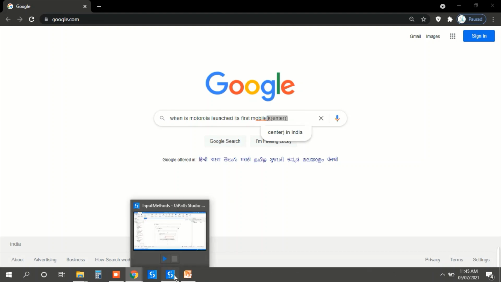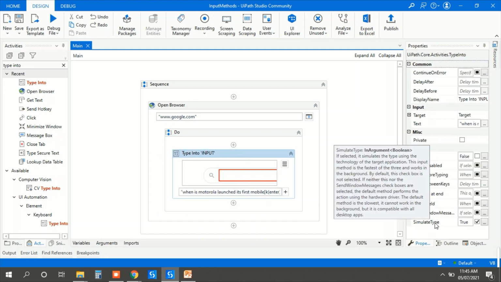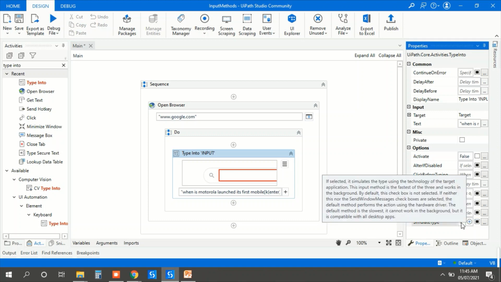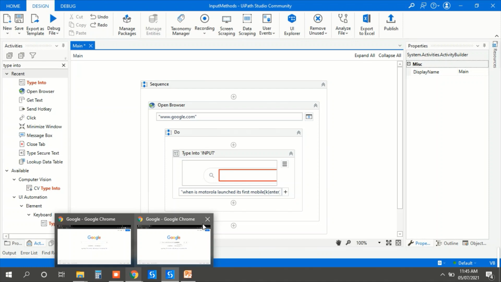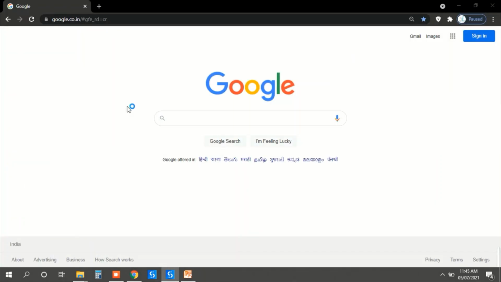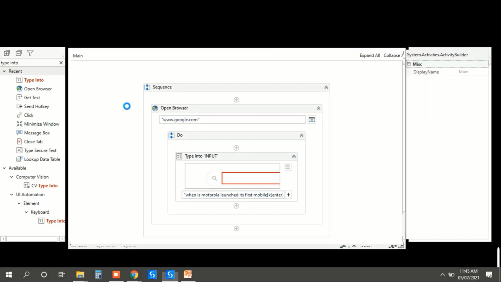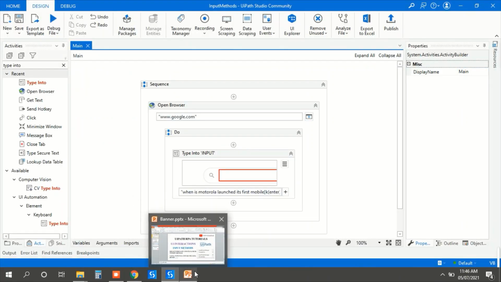It did not execute the enter key as mentioned in the function, because we have set the input method as simulate type. Now you can also set it as send window message, and again we will see if it presses the enter key or not. It must press the enter key now. Yeah, all good. Here you can see.